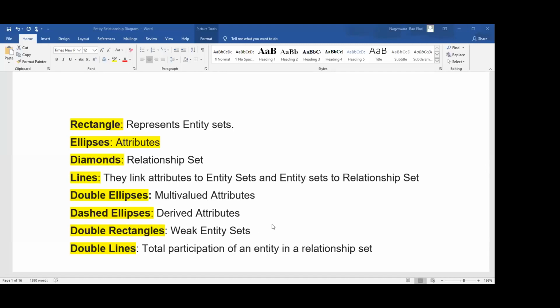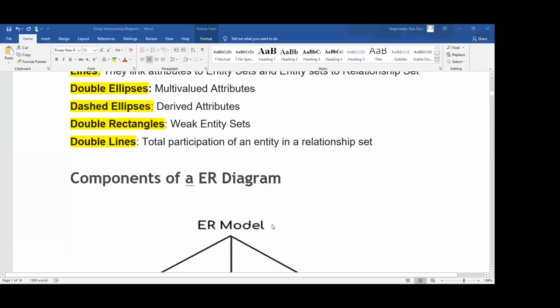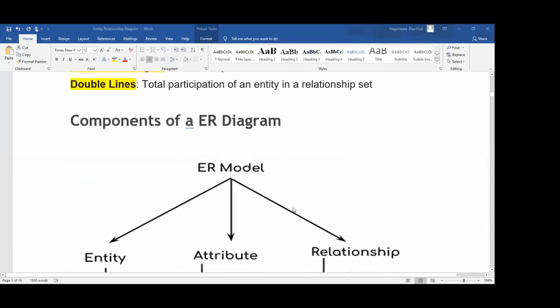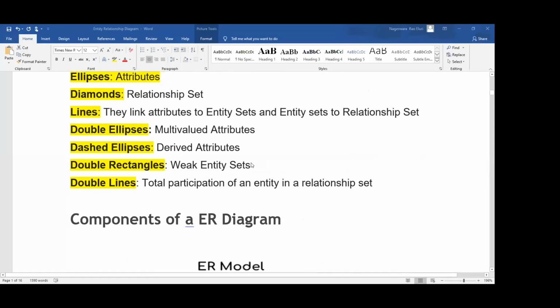That means one entity depends on another entity, which is called a weak entity. Double lines represent total participation in a relationship set. Where do we use double lines? If there is total participation of an entity in a relationship, then we use double lines.